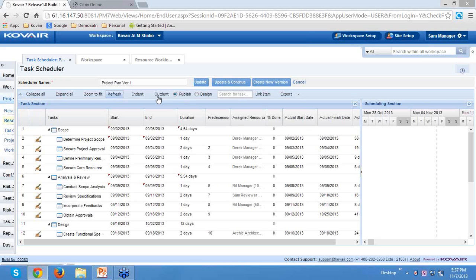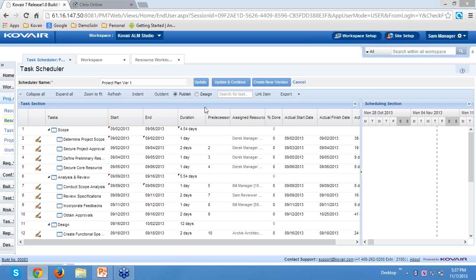In this screen, you can see two options, publish and design. When we keep it in design mode and keep on enhancing or creating the plan in a progressive manner, it doesn't create the actual tasks for these activities in the background, because it is in the design mode.